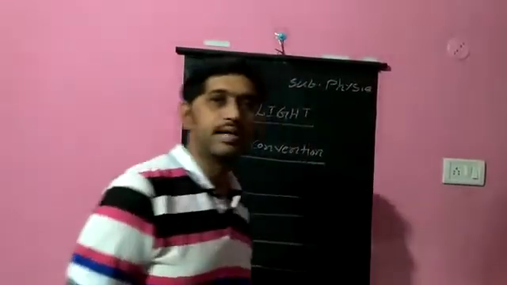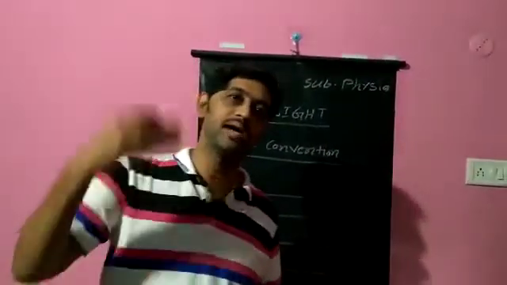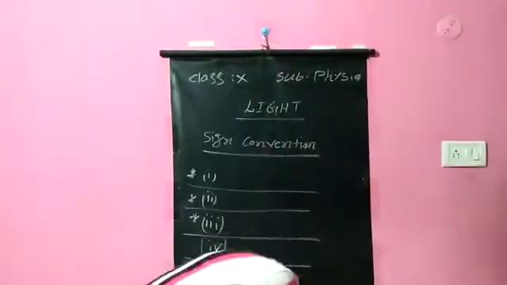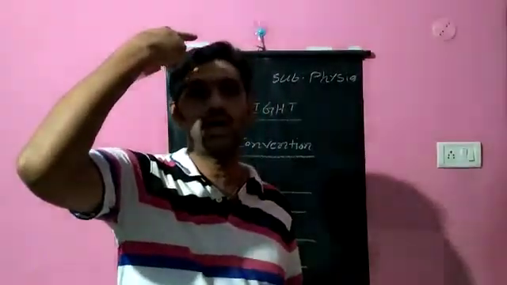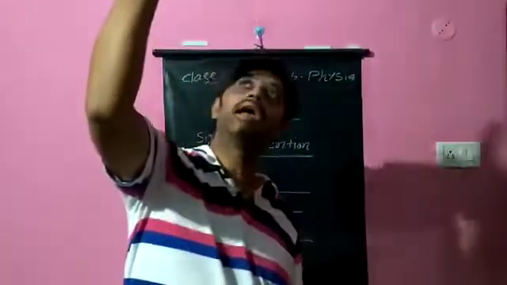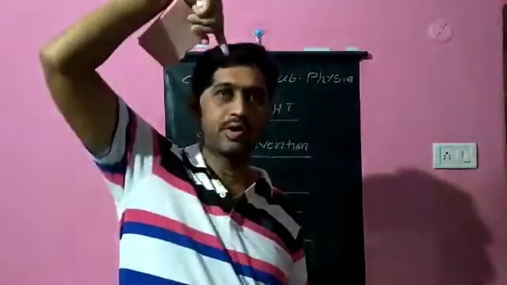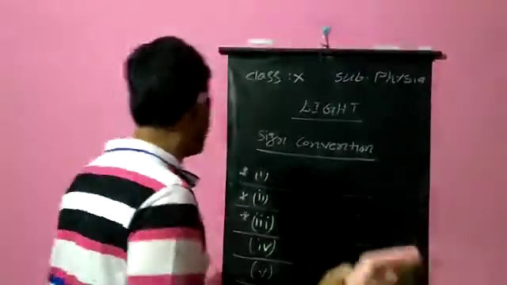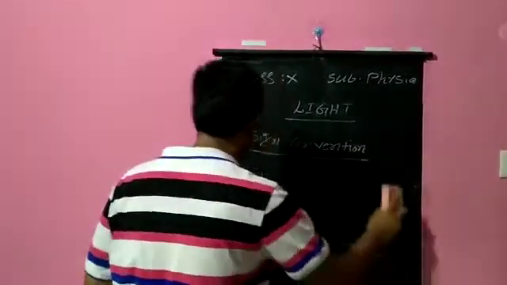Suppose you have the height of the object. The object should always be kept erect. Suppose I am the object, I will stand like this. If you want to measure my height, you measure from foot to head, so this is above. You are not going to measure downward. In that case, whether you take positive or negative depends on whether it is a real image or a virtual image.